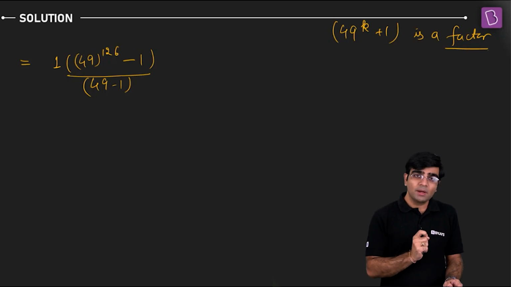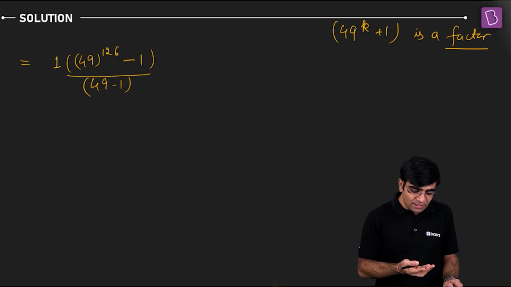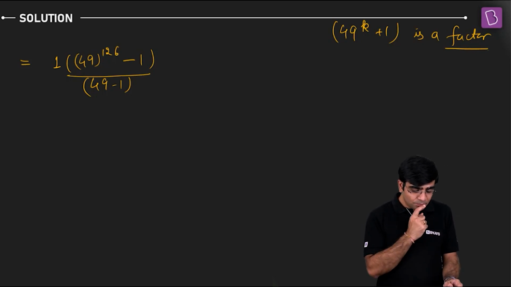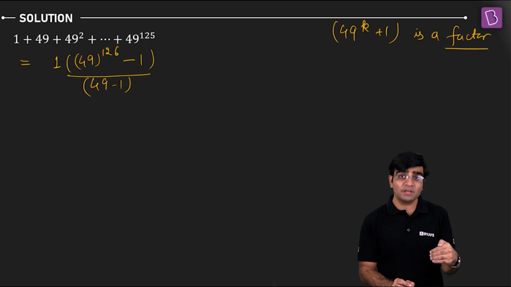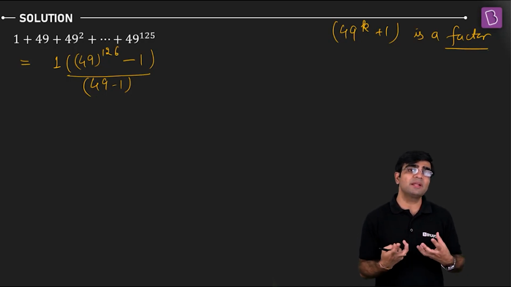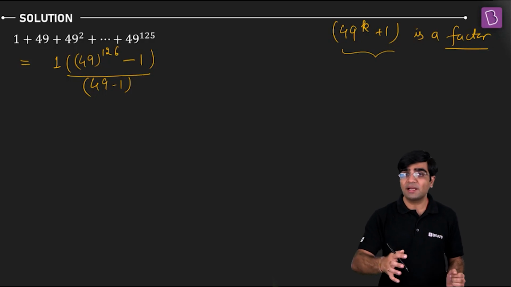Now, look at this. Where have I eventually reached? I have reached this result, right? So this was my summation, and I got the summation value like this. And I know the denominator we have got is 48. The problem is that if I'm looking for a factor, I'll try to get rid of this 48. Then only can I successfully predict this particular term or generate it as a factor.